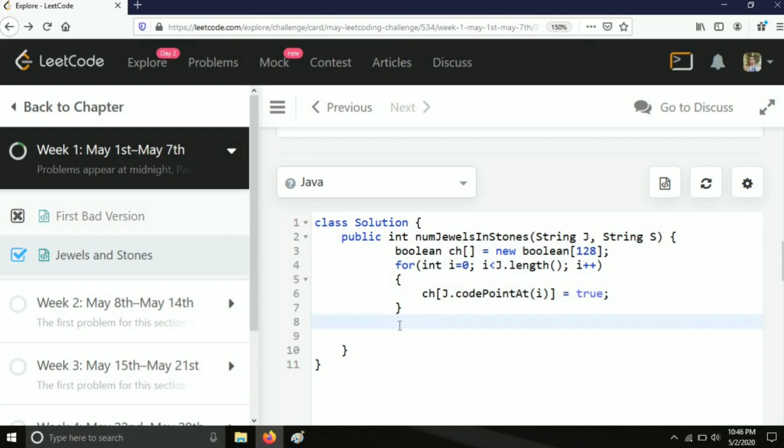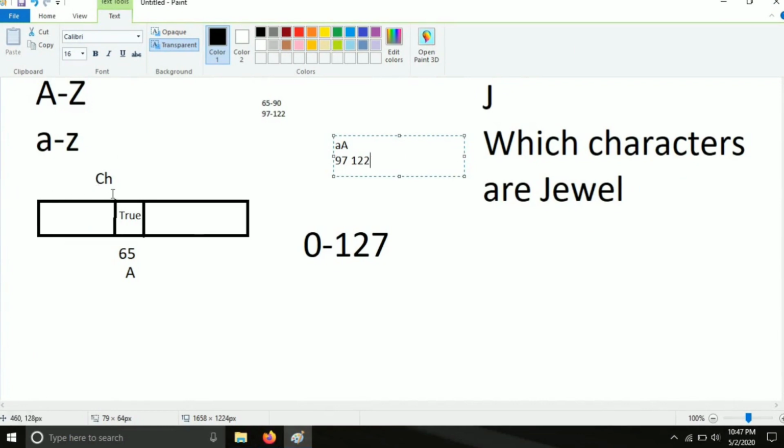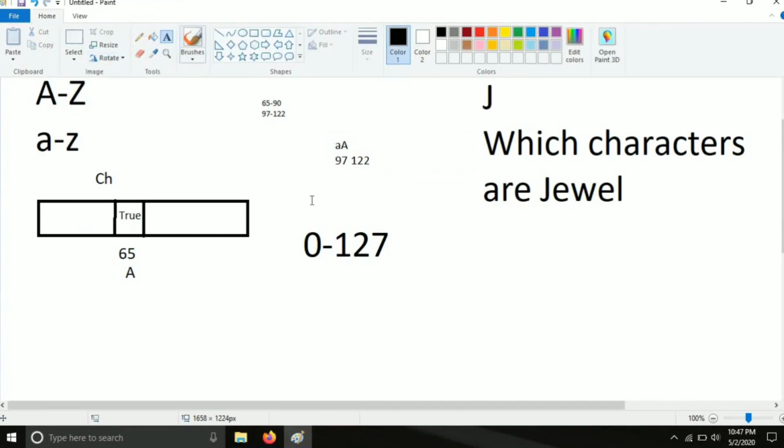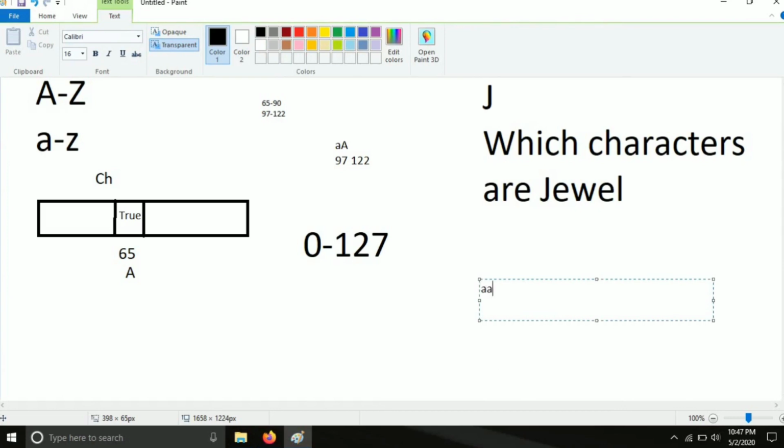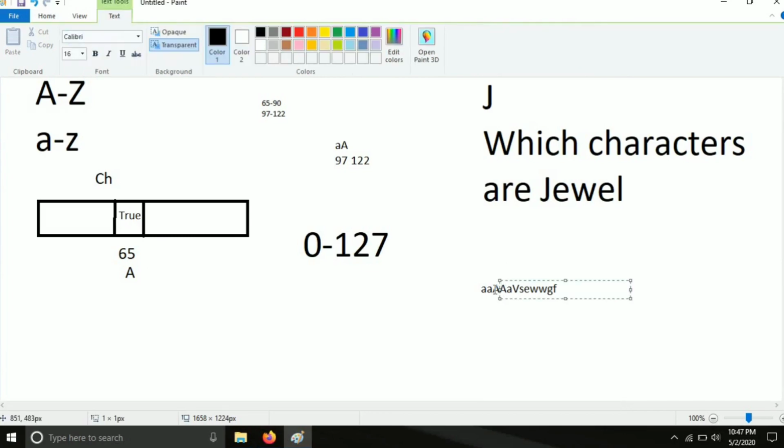Basically, we have created a lookup table for the characters present in J. Now we will iterate through S. Suppose S contains A, V, something like this. Let me give you a small example, you will understand better.